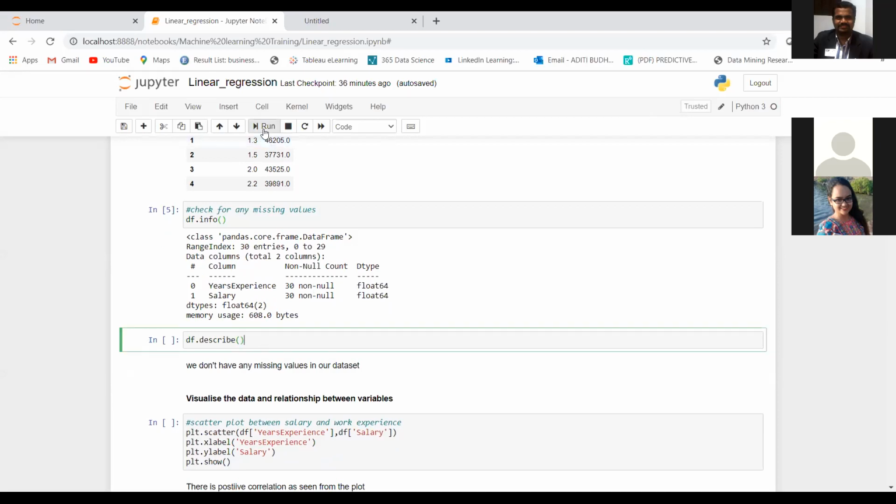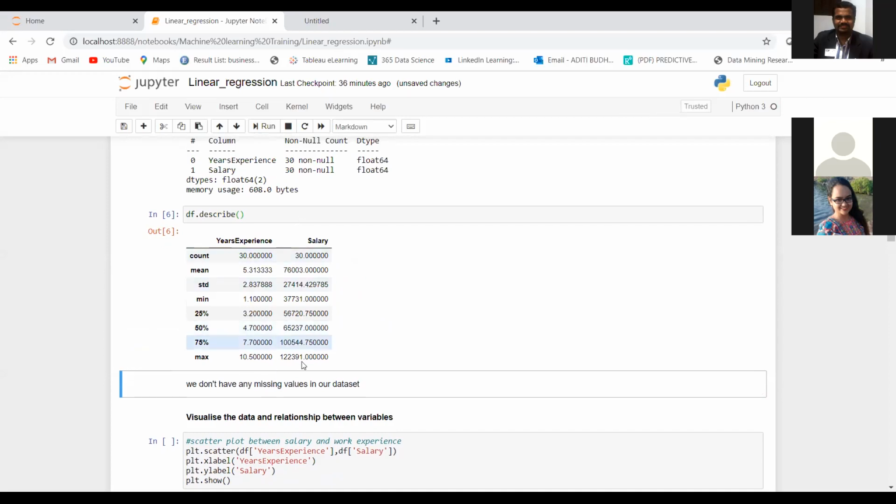Then we will use the describe function in order to get some statistical information about our years of experience and salary columns. The mean years of experience is 5.3 years and the mean salary is 76,000. The maximum years of experience in our data set is 10.5 years and the maximum salary is 1,22,000.